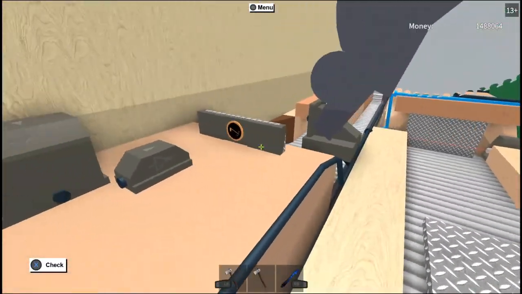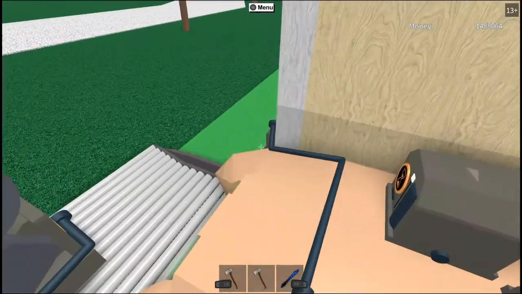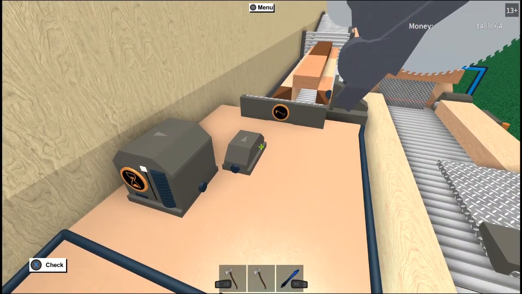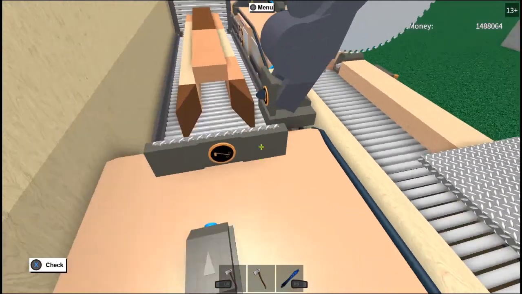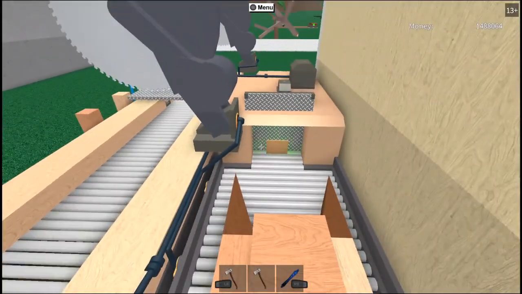I do have one more thing I've got to do. I got to figure out a way to make this hatch work automatically whenever I put the wood in. And after it starts to come through, I want it to open and stay open. I was going to put the laser system down right here. But